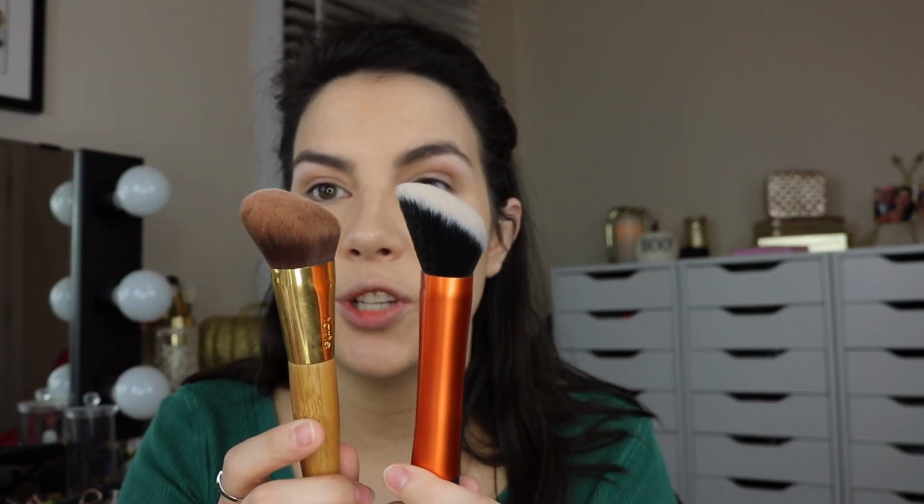I actually have a brush from Tarte that I talked about years ago. I think they sold it alongside a foundation once, but it's this fabulous shape. Really, really steep taper, but extremely soft. I'm sure I would like applying a liquid foundation with this, but I'm going to try it today for